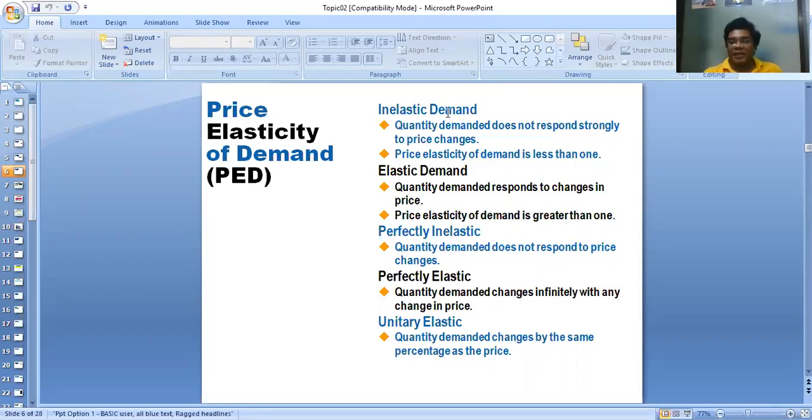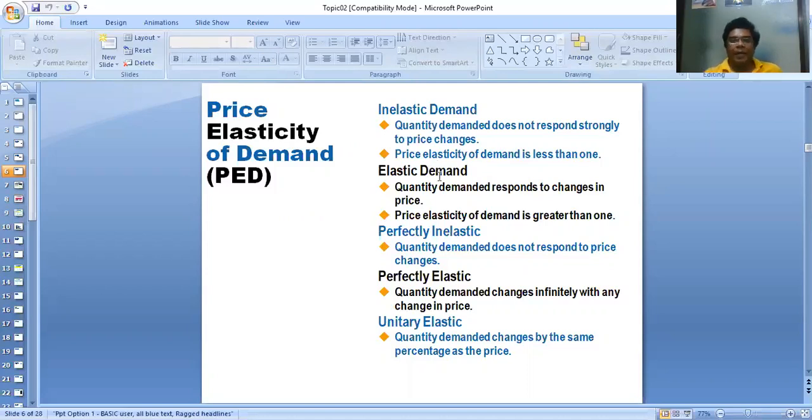Okay, a 1% change in price causes less than a 1% change in quantity, then it is relatively inelastic demand. Next one, relatively elastic demand. Here, if a 1% change in price causes more than a 1% change in quantity demanded,